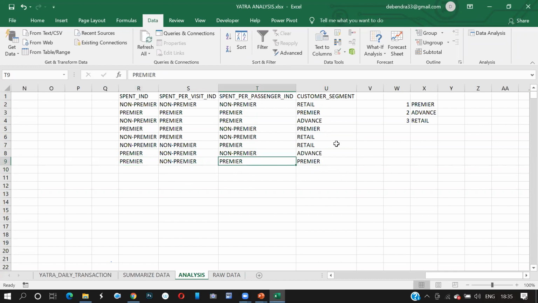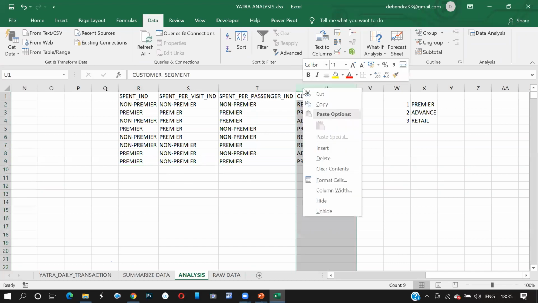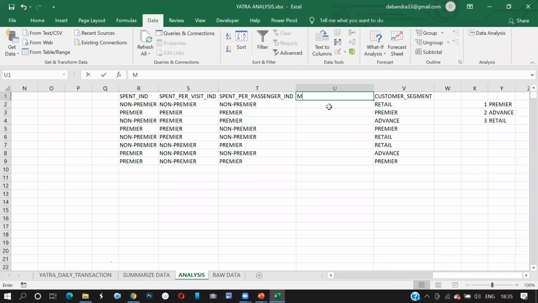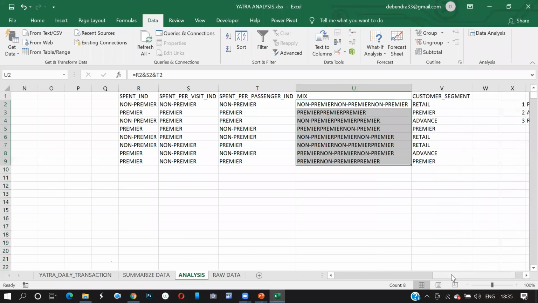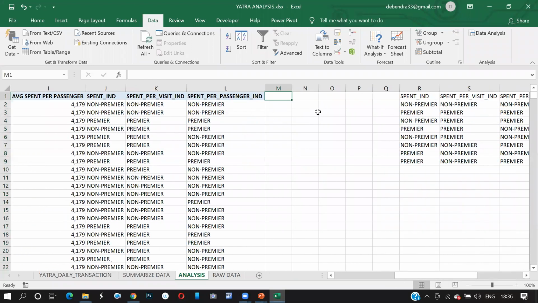Yes. Okay. Now, this combination which you got, you create this as a unique value, which is going to be this ampersand this and ampersand this, because I want to get a unique combination. Now, this unique combination, I want to add this data saying customer segment.